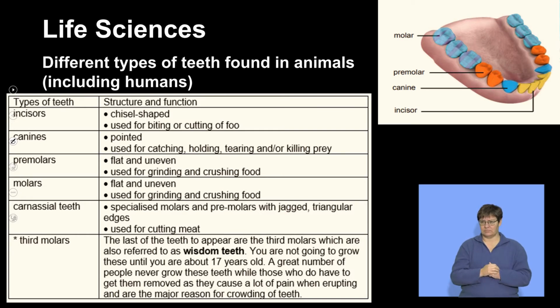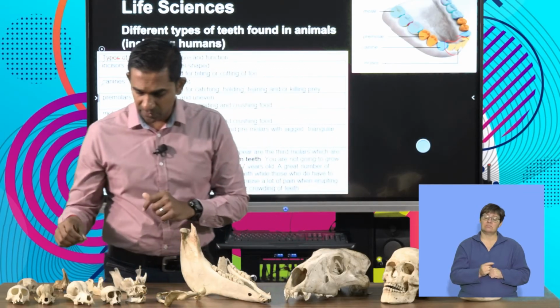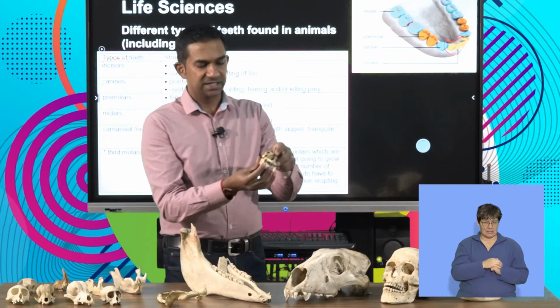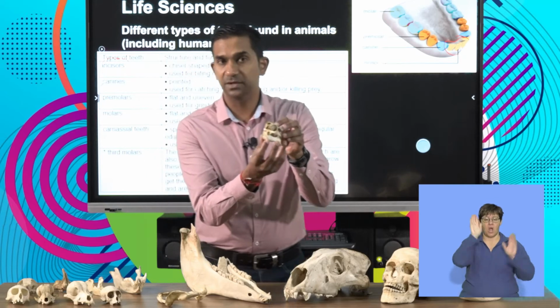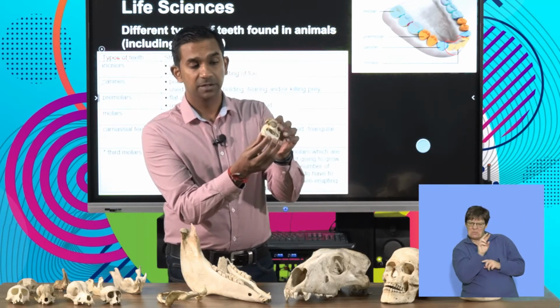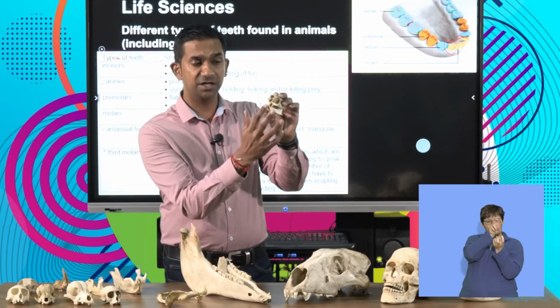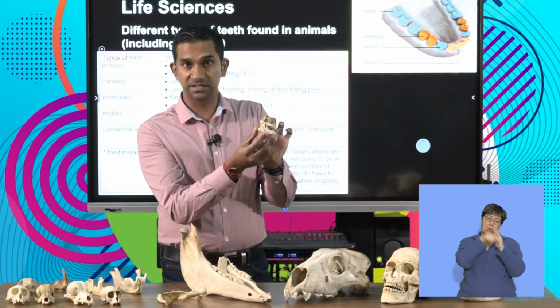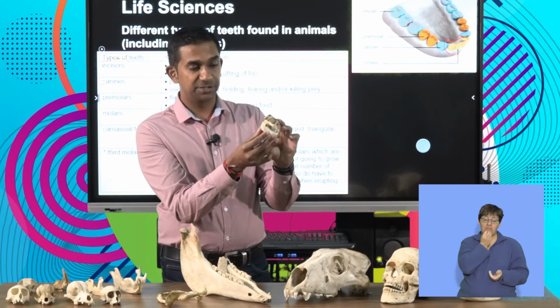Guys, the first group of teeth that we look at are your incisors, and I've labeled and colored that in yellow. I'm going to draw back to the incisors when we look at this specific specimen. So we know that this is a rabbit. I know it's probably quite small from where you are, but these have significantly large incisors. Unfortunately, this little guy had lost some of his incisors in the process of feeding,